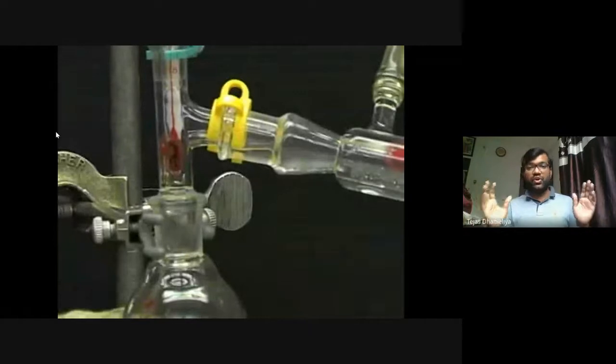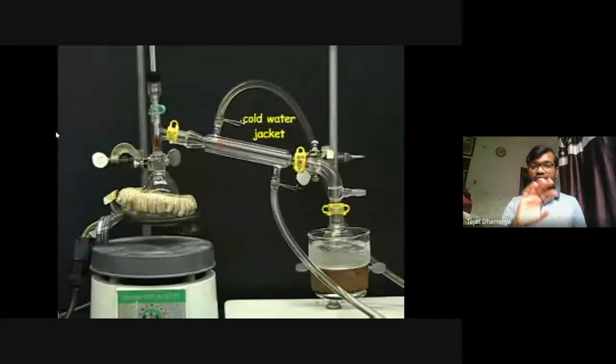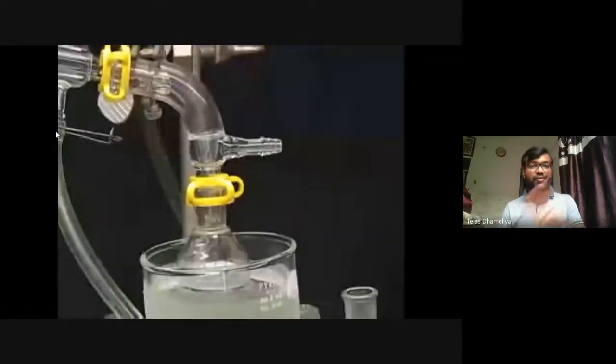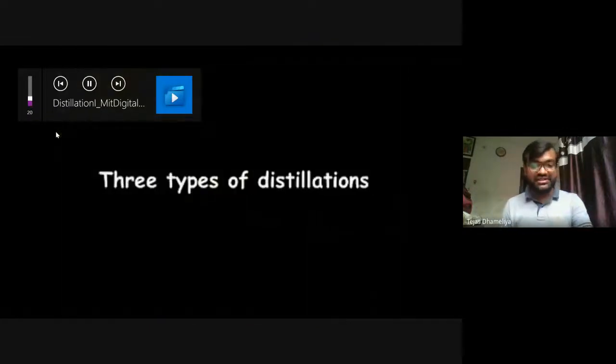Vaporization is liquid to gas, and its reverse is called condensation. That is shown here. This is how the instruments look. It shows the cold water jacket, etc. These are the tubings and how they are connected. This is one of the fantastic videos, and with its help things are being demonstrated.